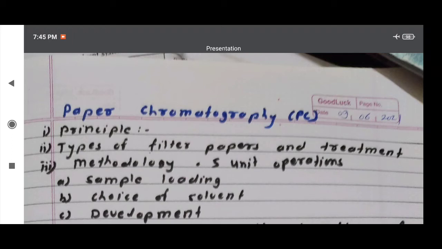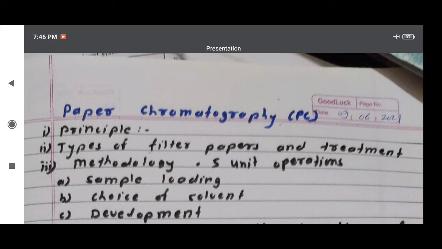Here a filter paper is a closely knit sheet of cellulose fibers. These fibers absorb and hold water molecules strongly, so they cannot be eliminated completely even at higher temperature. The water content of paper ranges between 115 to 190%. Aqueous atmosphere saturates cellulose filters with water, forming a continuous aqueous film which acts as a stationary liquid phase. Filter paper only provides mechanical support to the fragile aqueous phase.